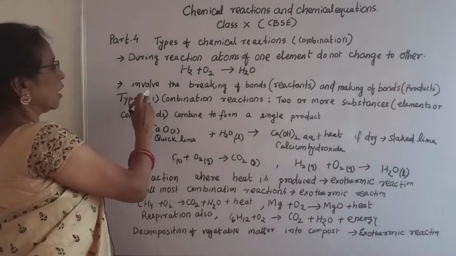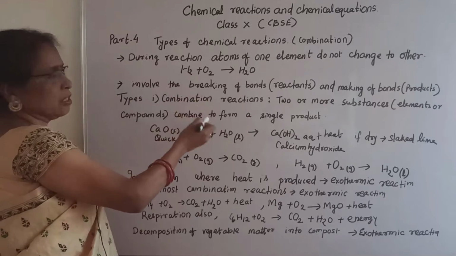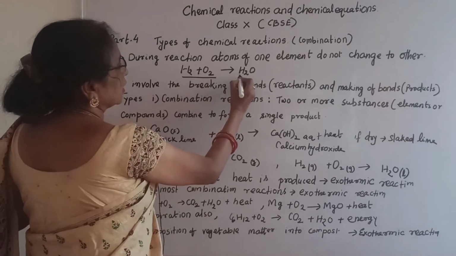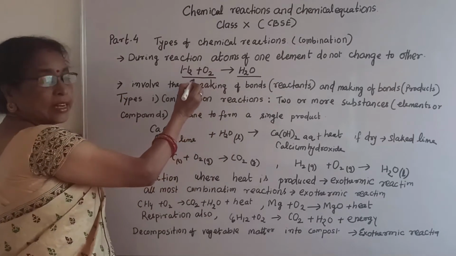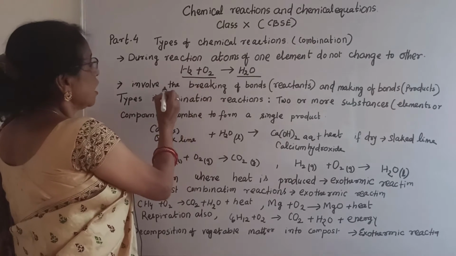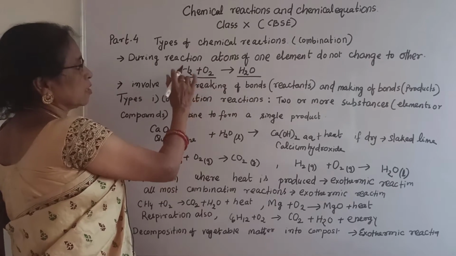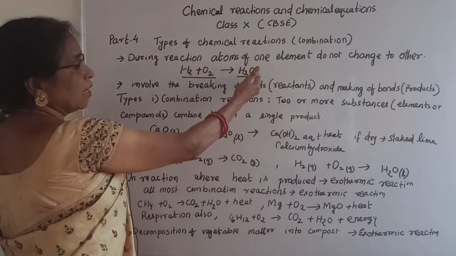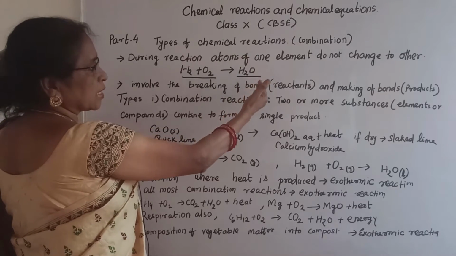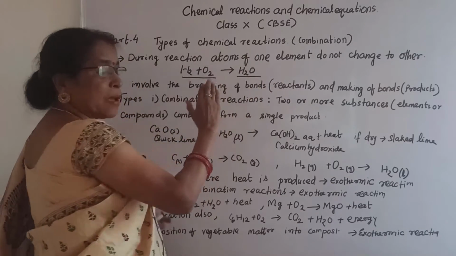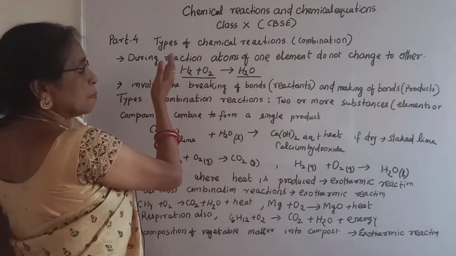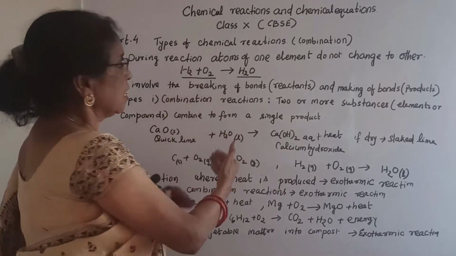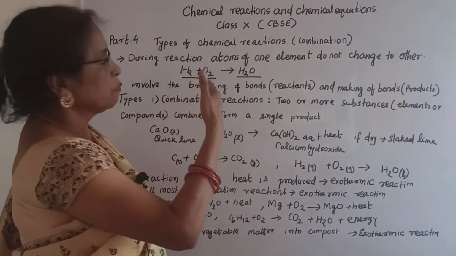Now second one, what happens in the reaction? This is the reactant and this is the product. This part is reactant and this part is product. In the reactants you can see the breaking of bonds. Here the bonds are breaking, and that is why a new compound is formed on the right hand side, that is, on the product side. That means here what happens? Making a bond takes place. Here breaking a bond takes place. Where breaking a bond takes place in reactant, making a bond takes place in product.